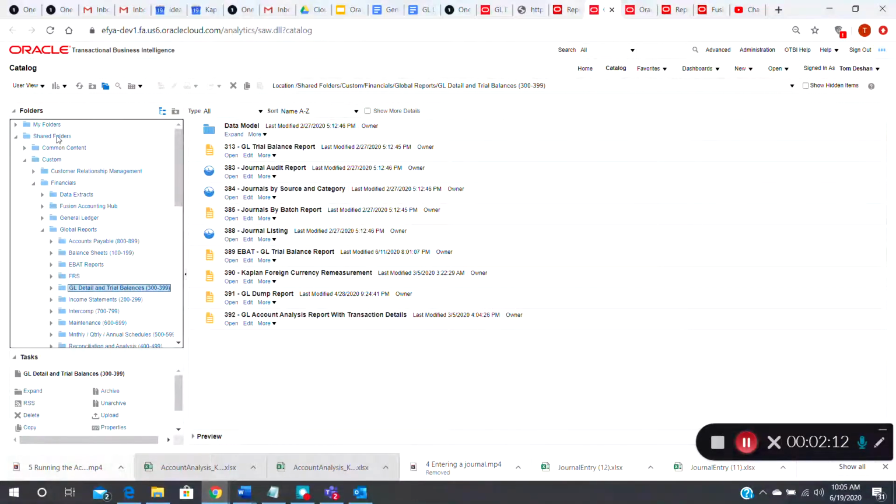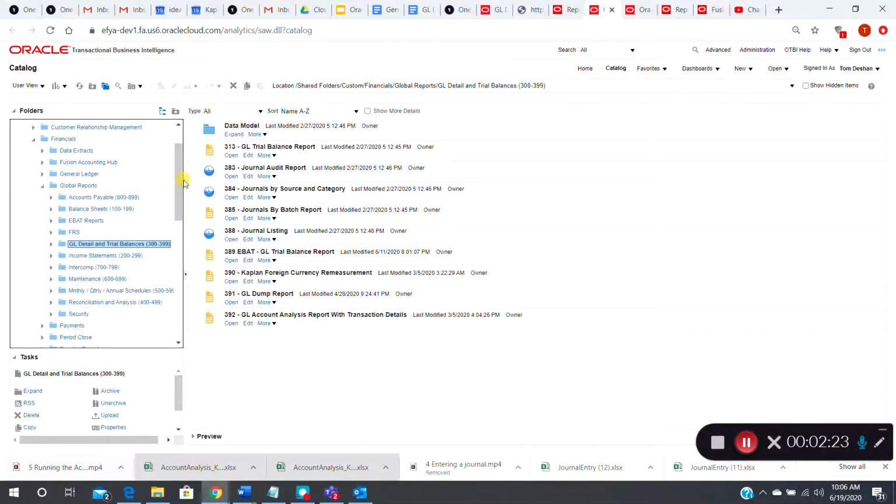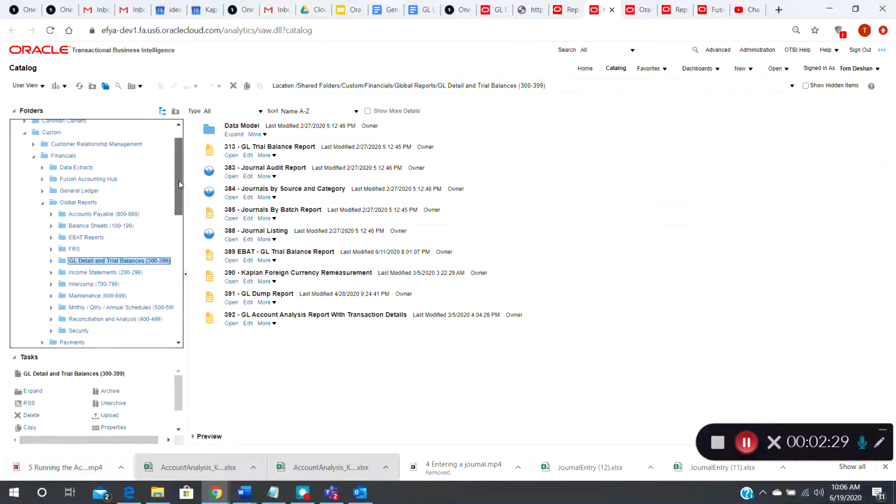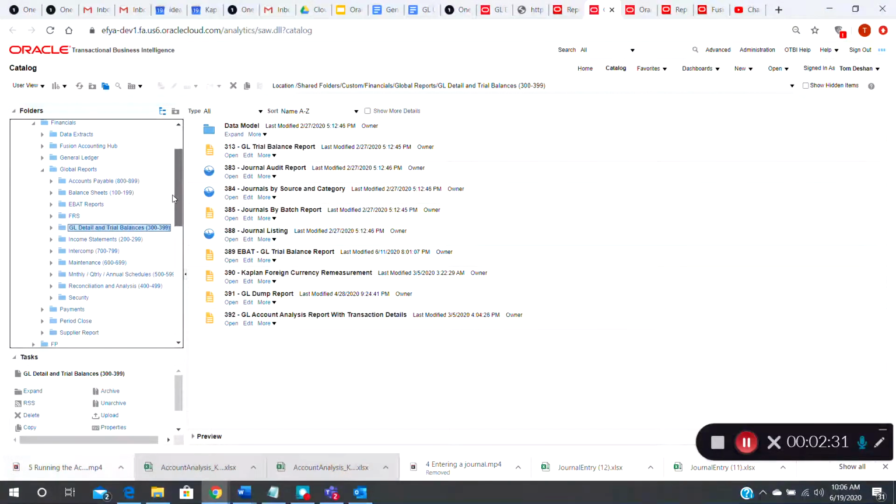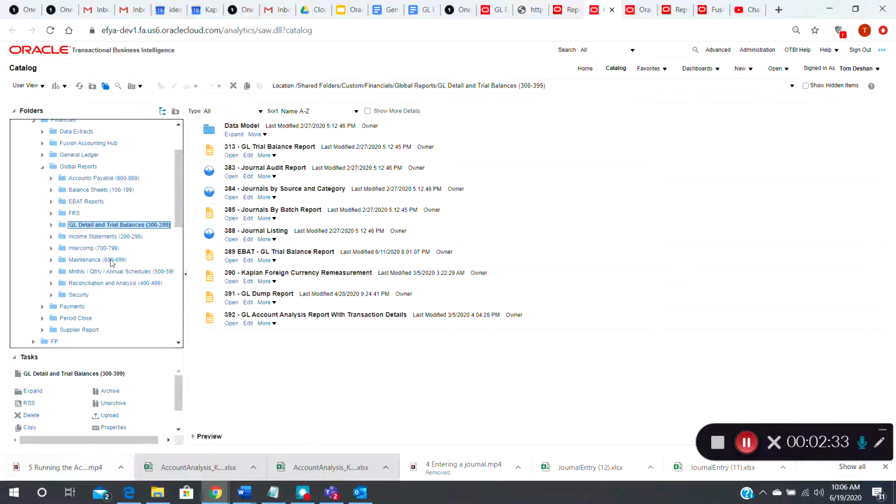Under Shared Folders, under Custom, then under Financials, and then under Global Reports, you'll find all of the reports that are created for Kaplan, and they're categorized into either the type of report or in some cases the business. But generally speaking, it's by the type of report. So to run